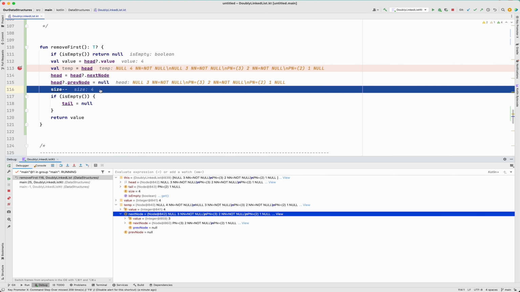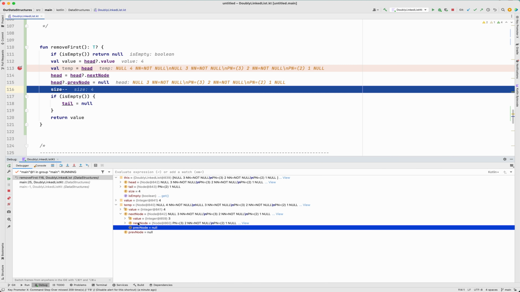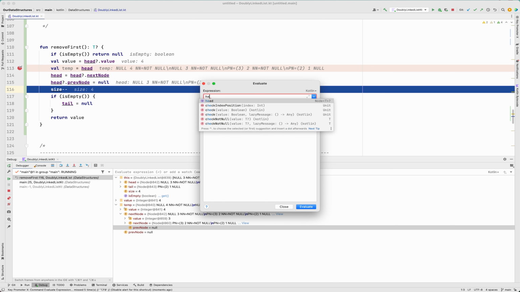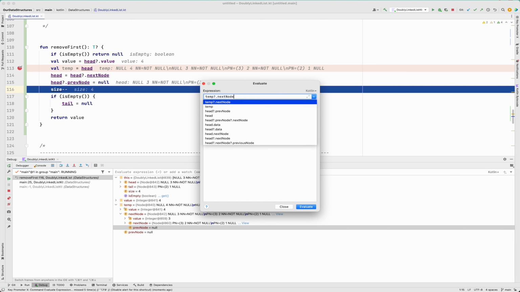This previous node is null, so there is no more previous node, but I still have one check, like I can show you. Temp is my first node which is already deleted from the head, but it is still there. Temp.next node is 3; previous node I can't access, but